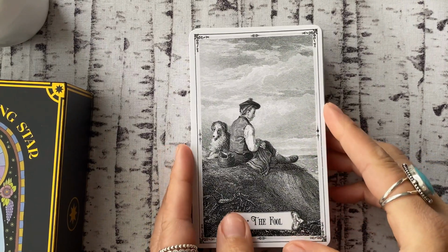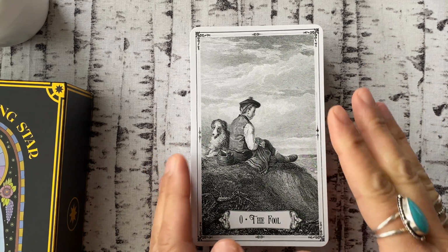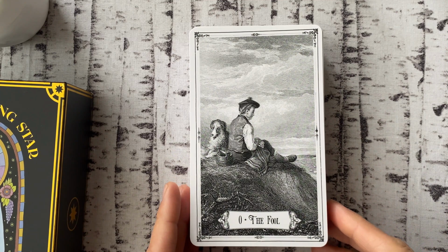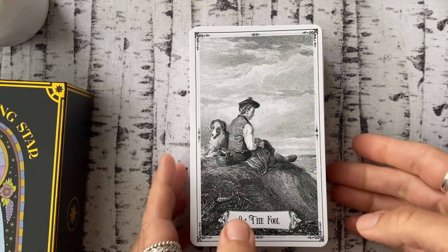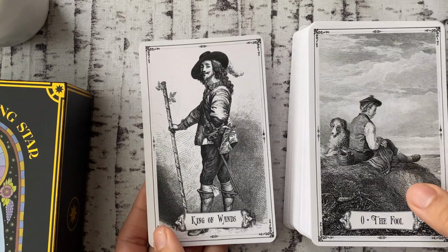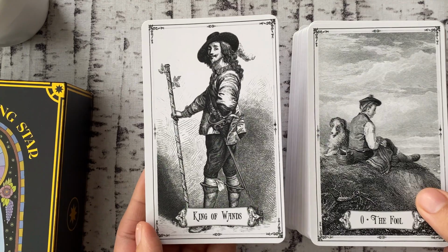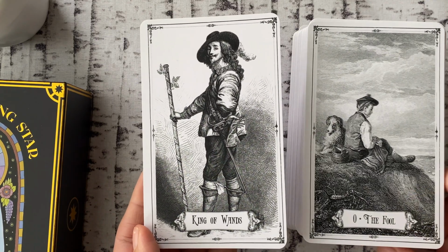Right off the bat, you can see it's a little bit perceptible that the centering of the border is a bit off. And once that happens in the Fool, you can almost guarantee that by the end of the deck, it's going to be way off. So here's the King of Wands, and look at that. That's all I could see when I first opened the deck,